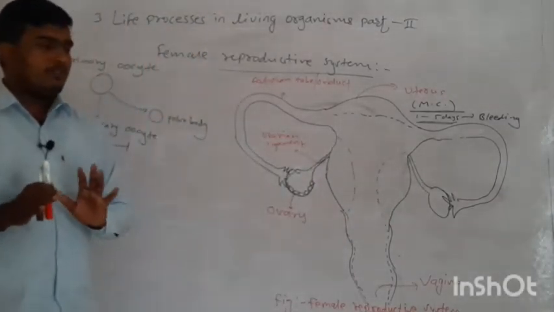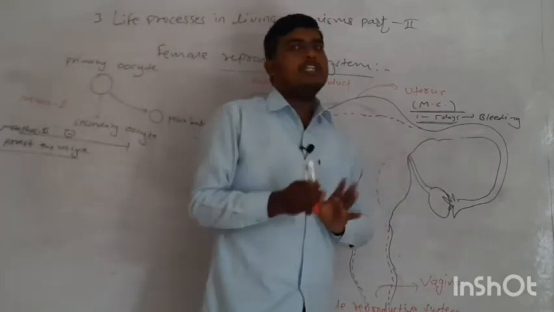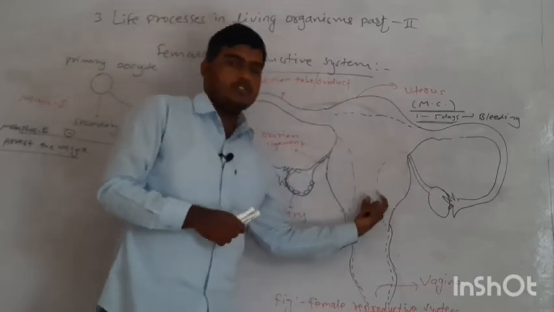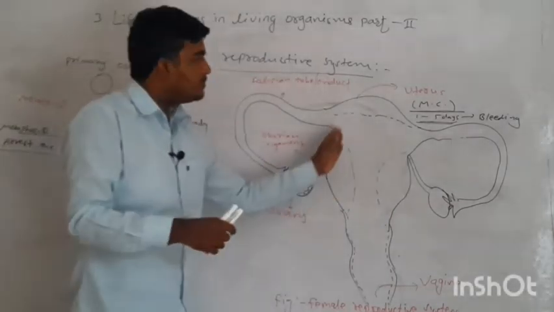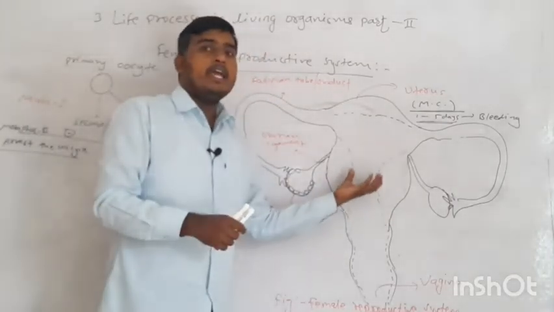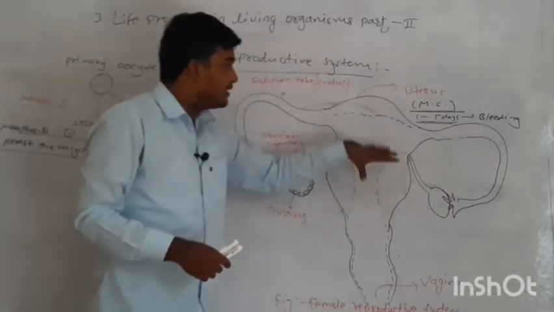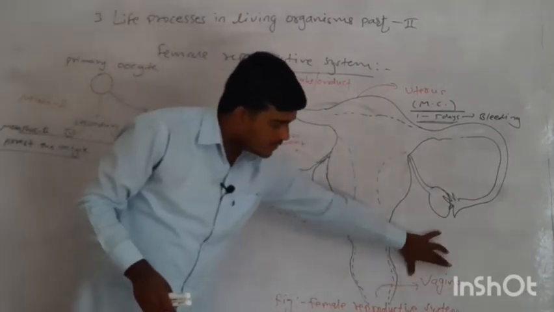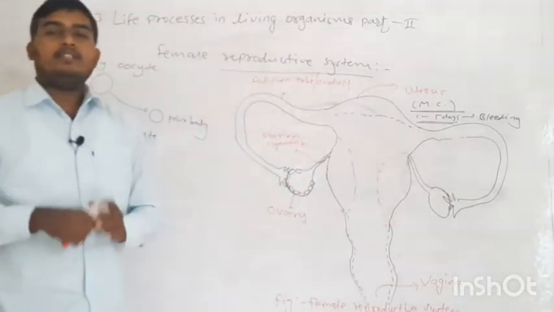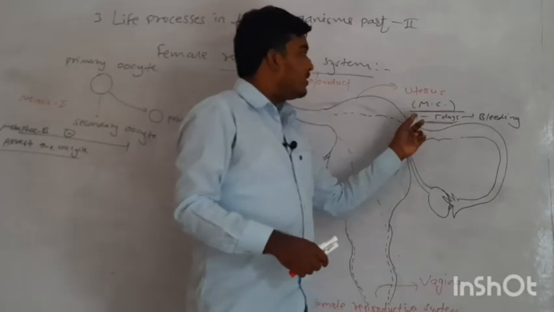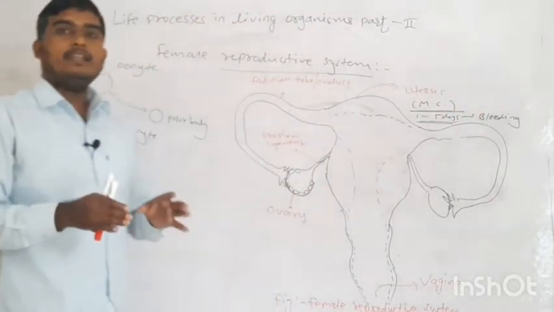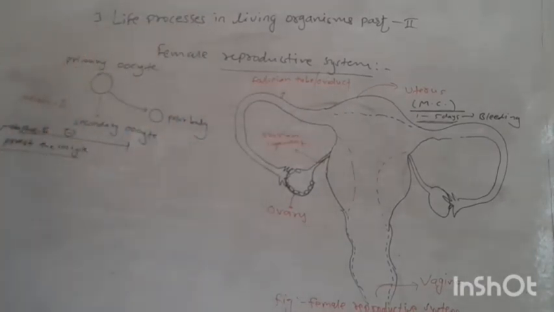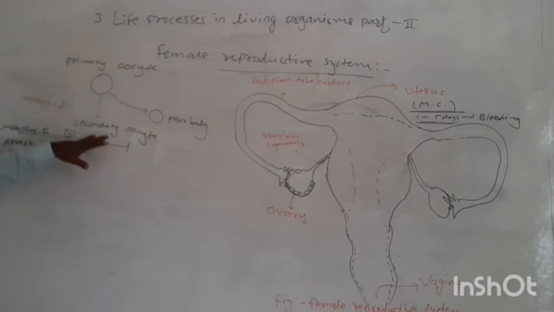And if there is no fertilization, at that time the endometrium gets discharged, it breaks down, and all these broken-down endometrium layers and tissues, along with blood vessels, are thrown out through the vagina outside the body, and that's why bleeding occurs for approximately 1 to 5 days. That is called the menstrual cycle. We will discuss the menstrual cycle after the ovulation process. Okay, now we have the secondary oocyte.